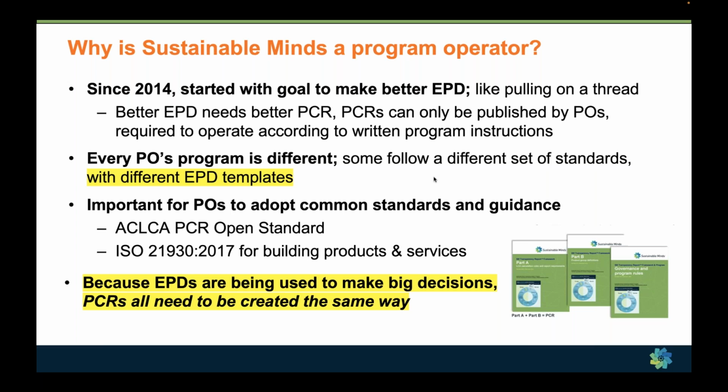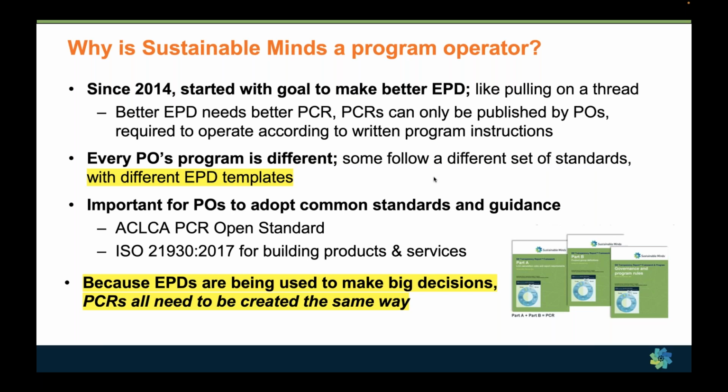We just did it again. We did the exact same thing 10 years ago to understand why EPDs are different, what content is in them that actually makes them EPDs, why some are short, why some are long. And so again, once we started evaluating EPDs, it all ties back to the PCR.